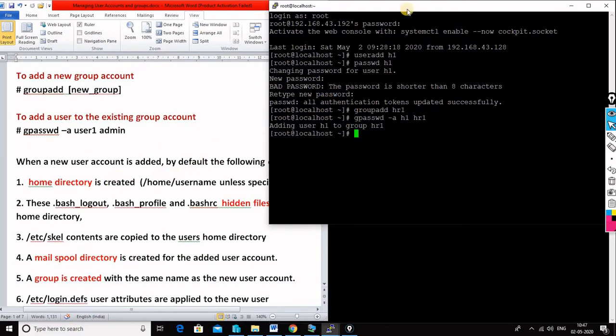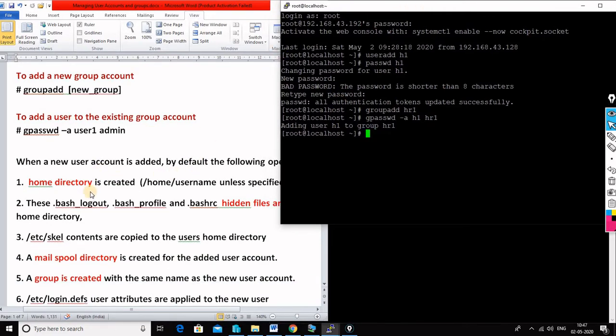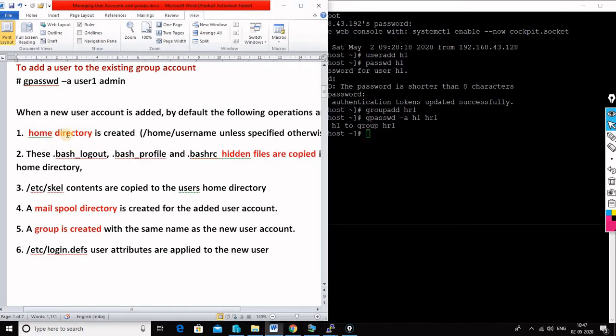Now what properties have been defined for the users? When a user is created, what all happens automatically? A home directory is created with the name /home/username, and the .bash_logout, .bash_profile and .bashrc hidden files are copied to this home directory. Next, the /etc/skel contents are copied to the user's home directory, if available.